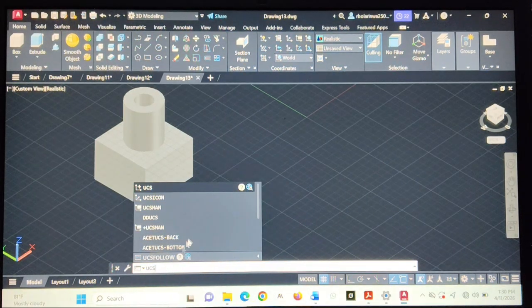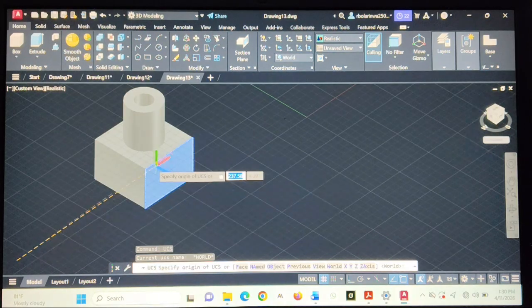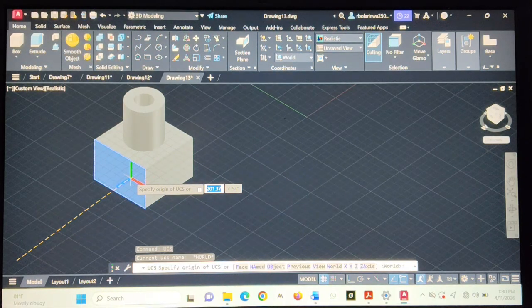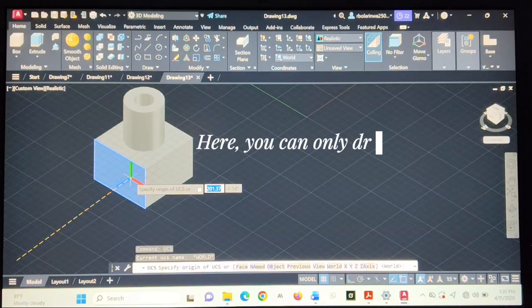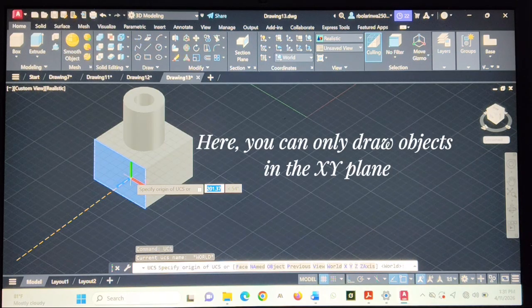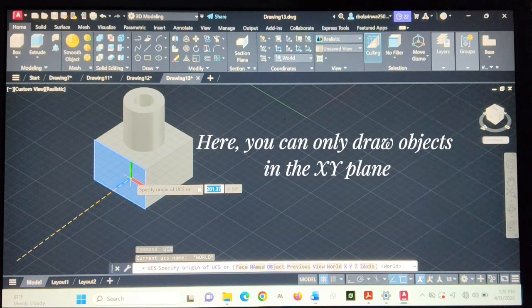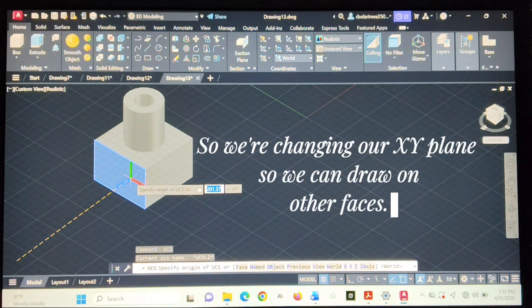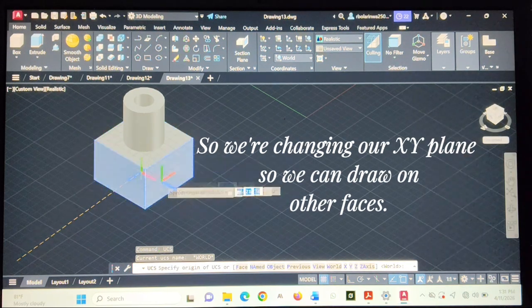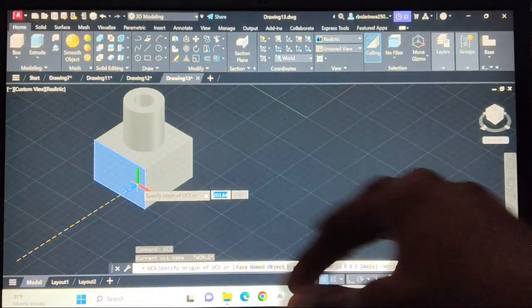UCS. So what UCS is going to do for me is that currently the top view from which I can draw is in this axis. That's why the grid lines are coming like this. But